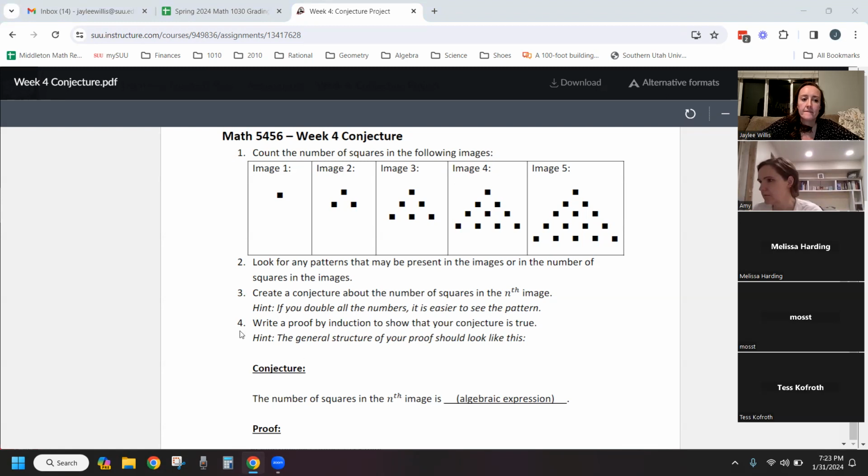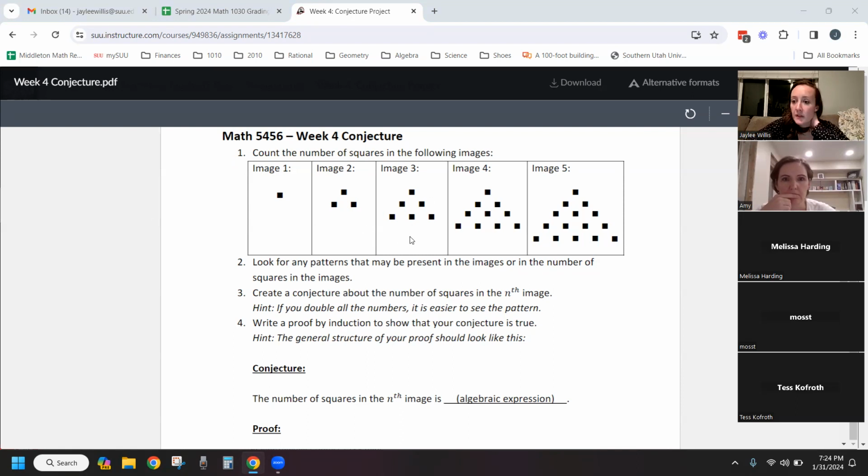N times n plus 1 over 2. Oh, yeah, you've got the explicit one, so we'll use that in just a second. This one's looking for what you do to the previous term to get the next one. So Amy, you said that it would be f of n equals f of n minus 1 plus n. We can test this out. What if I'm trying to find image 3? According to the formula I just put in the chat, we would have the number of squares in image 2 plus 3,